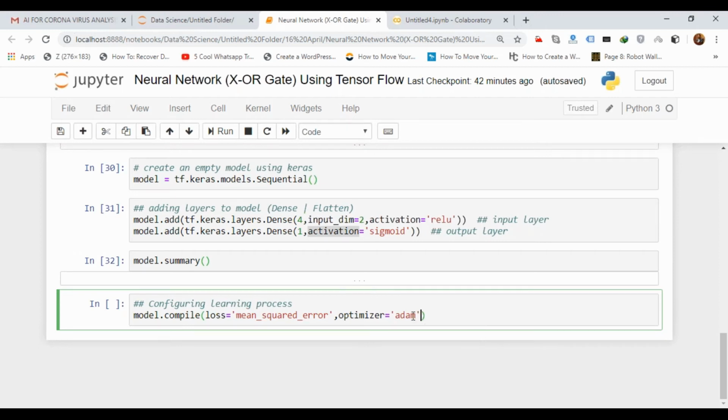Now, this is a predefined optimizer, Adam, like we have SGD also. So we have different types of optimizers. In 90% of cases we use Adam only. This is the best optimizer that gives good output. Okay. And the last one is the metrics. Metrics means what data we want after training. So we want the accuracy.